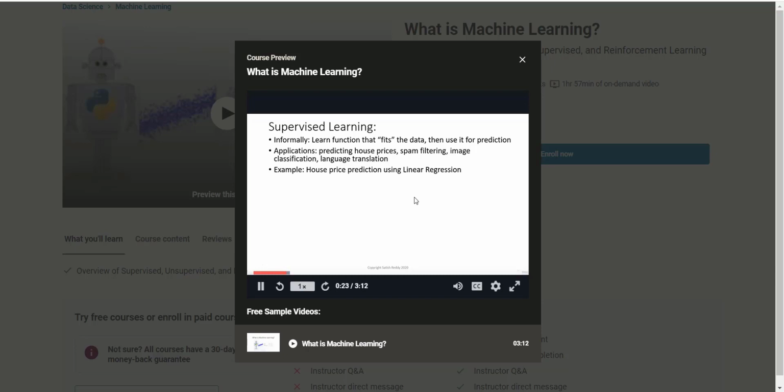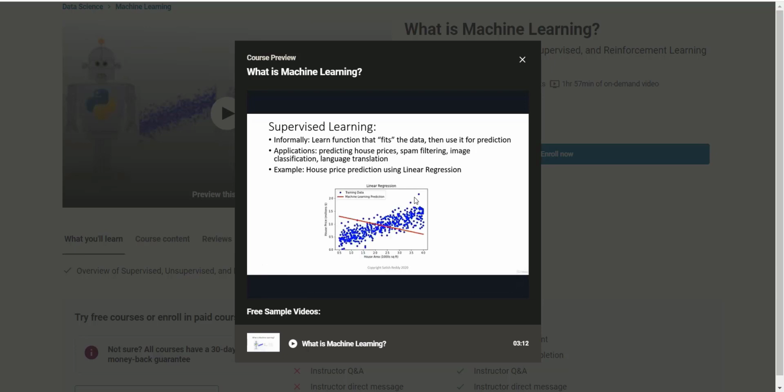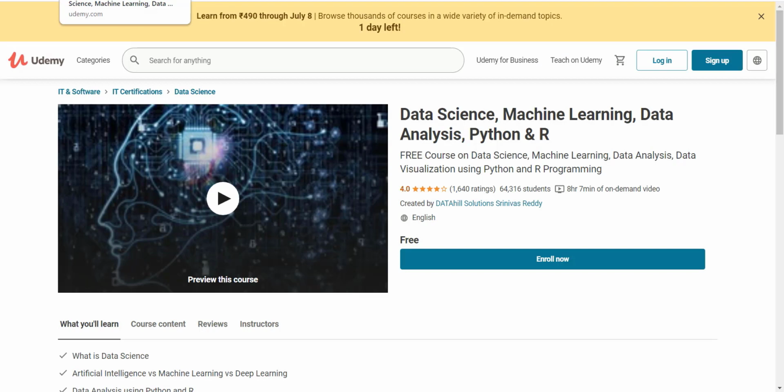As an example, let's consider house price prediction using linear regression. So the plot shows house prices, the blue dots. Each dot represents a house, and the x-axis is the house area, and the y-axis is the house price. The red line is the initial guess for a straight line that fits the data, and this movie shows that we start with that initial guess and then get better and better guesses predicted by the linear regression algorithm. Ultimately, when this is completed, when a new house comes in, if we know the next course is data science,